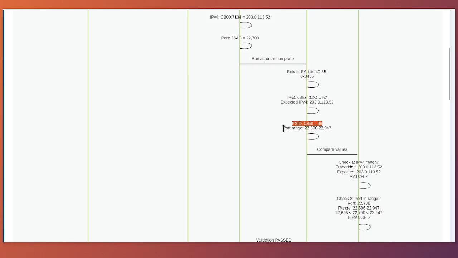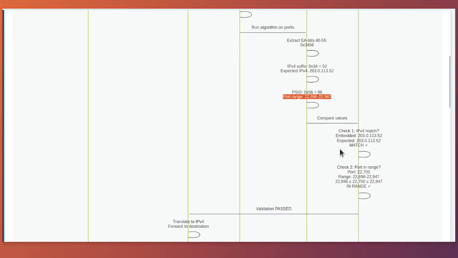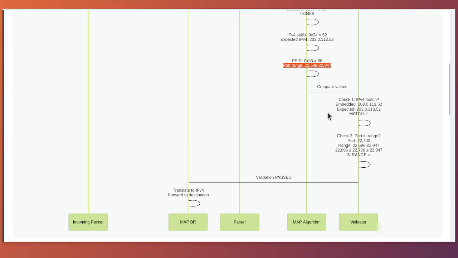The valid port range using contiguous allocation is 22,696 through 22,947. Now the border relay performs two checks. First, does the embedded IPv4 address 203.0.113.52 match the calculated IPv4 address 203.0.113.52? Yes, it matches. Second, does the embedded port 22,700 fall within the calculated port range